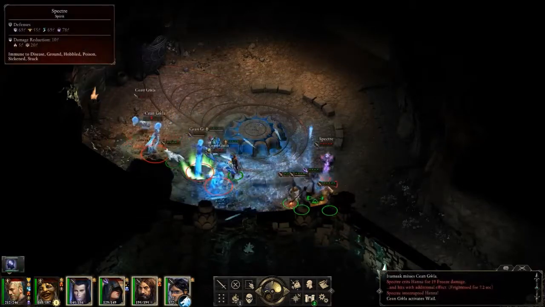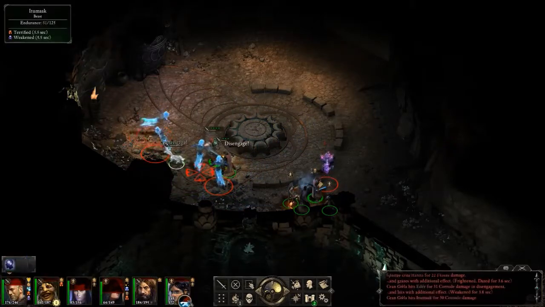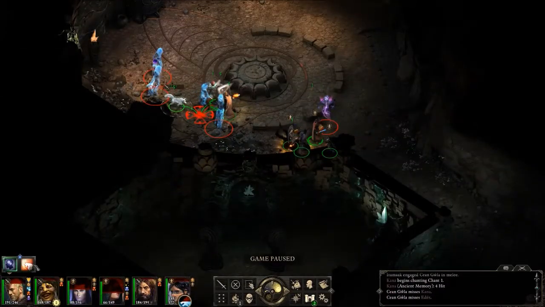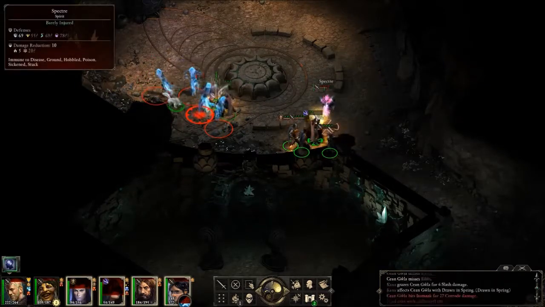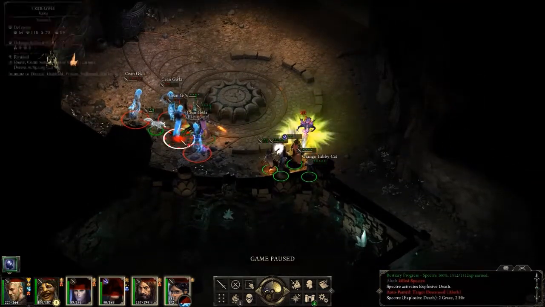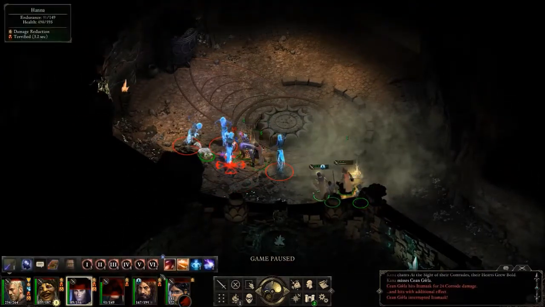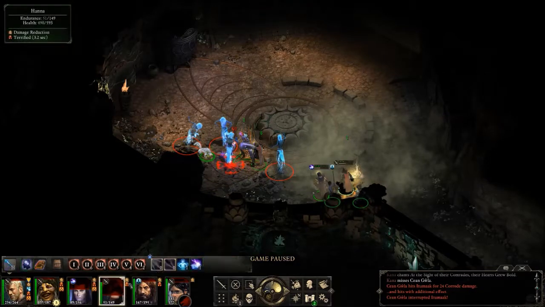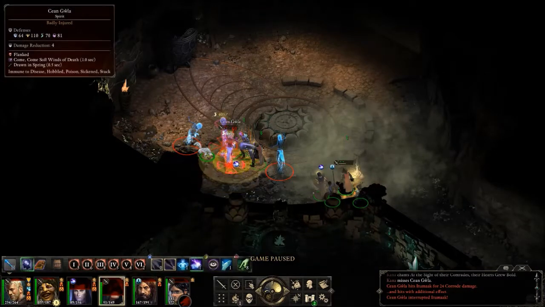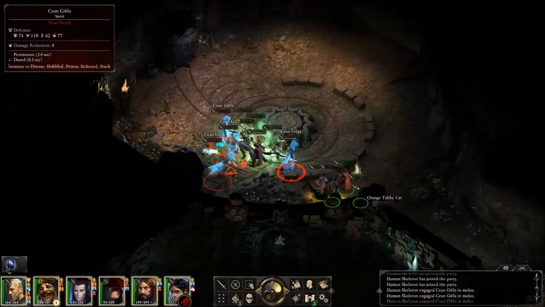I want you guys to take out the Spectre real fast. You're not getting through me. Ugh, I am dumb. Yes. That one hit. You're not getting...